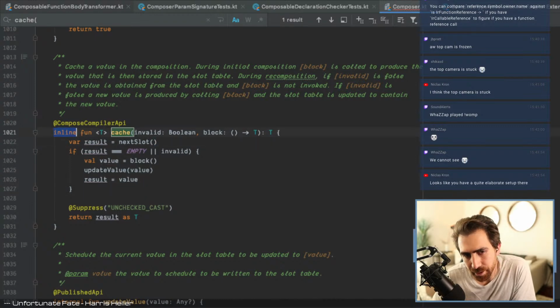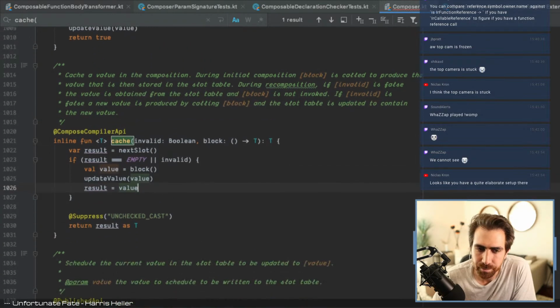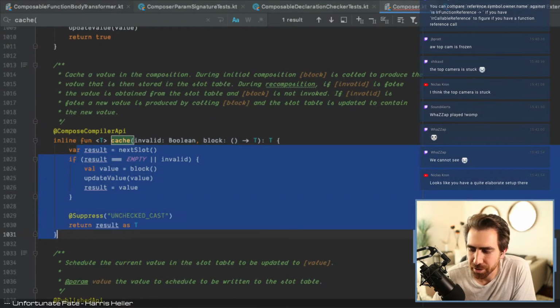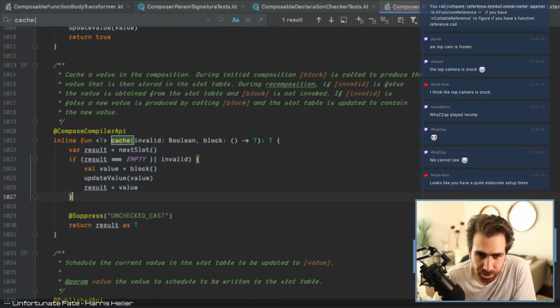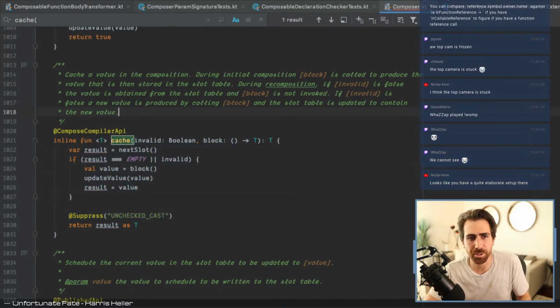And this is an inline function. So what that means is that block will not get materialized into a lambda. So whenever we run cache, in a lot of cases, it's just give me the next slot, and as long as nothing's invalid, great. Now I have that value, and it's of type T. So that's the most efficient version of remember that you can get. And what remember does right now,